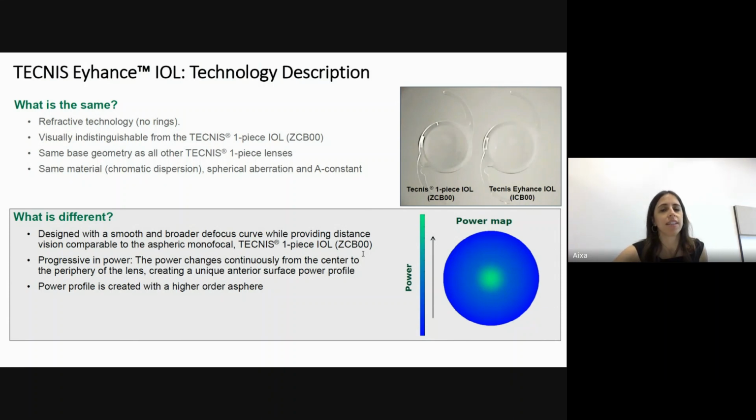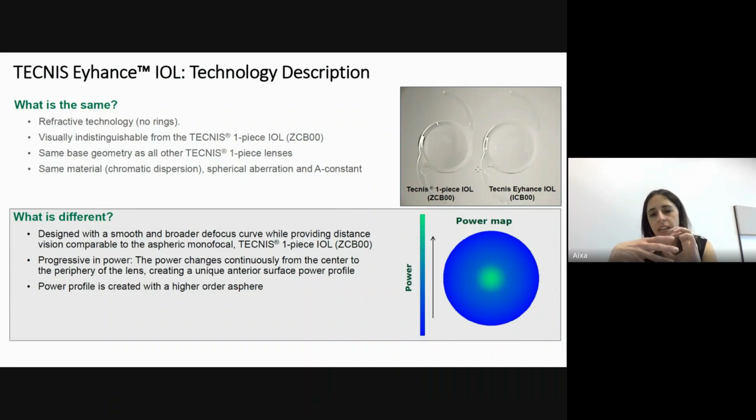So once we have a selected design, we have to check and go one by one if the design meets the design criteria. So the solution that we came to at the end is the Technis Eyhance. It was a design that was visually indistinguishable from the monofocal IOL. So you can see here the picture. It was a design that was purely refractive, didn't have any rings,